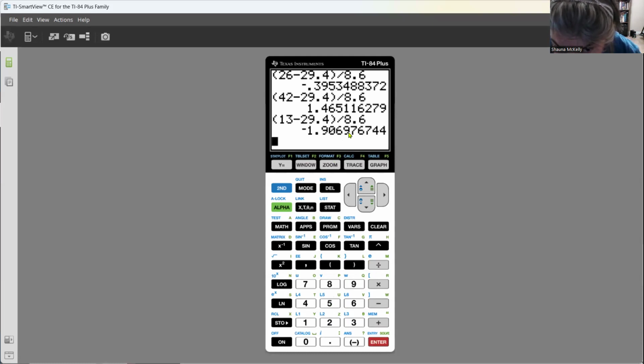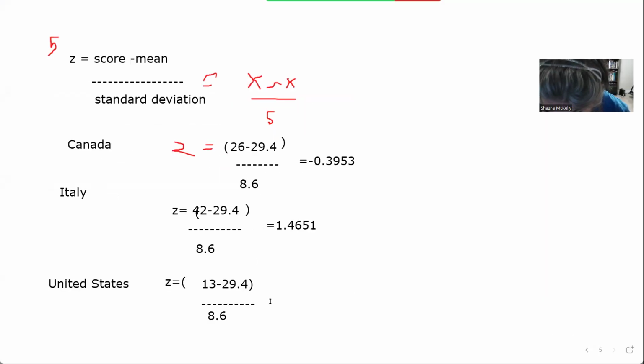Now, this is a good rounding lesson for those of you who may have some difficulty with this. So let me put it on the screen, 90697. So here, this is negative